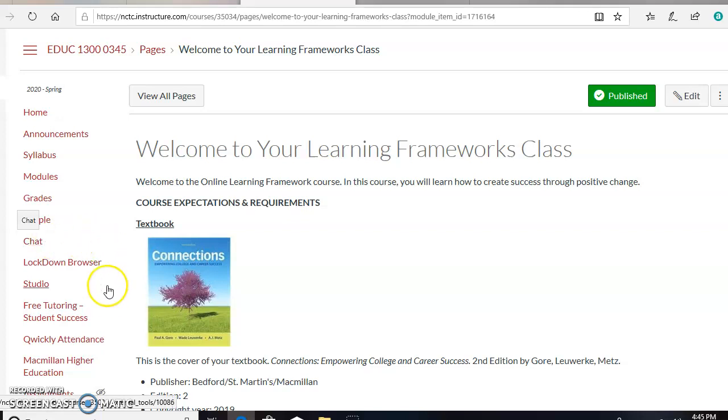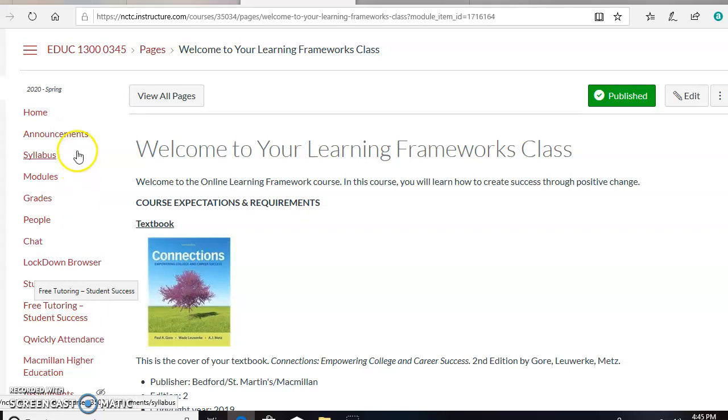The other tab you'll see here that you'll want to take advantage of is the free tutoring tab. All NCTC students are eligible for free tutoring, and you can get it online here or you can go in through the campuses. We have help with writing, which is the most applicable for this course. They'll read through your research paper and help you edit it before you turn it in. It is much better to have them help you edit some of your larger writing assignments rather than just turning them into me and then having to get points taken off. All right, so